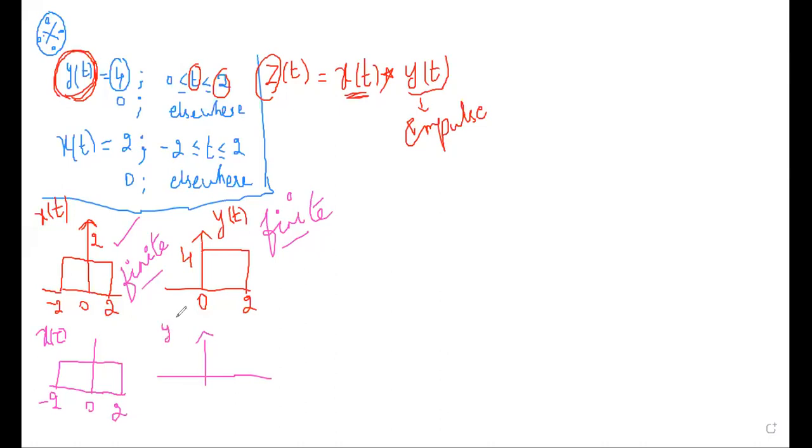If both are finite, if the question is in terms of numbers, I will take minus tau first. Please understand, I will take minus tau. So 0 minus 2, and the amplitude is 4. The amplitude will never change. So I am following an extra step. What is that extra step? Instead of t minus tau, I am doing minus tau first. Later I will go to y of t minus tau.